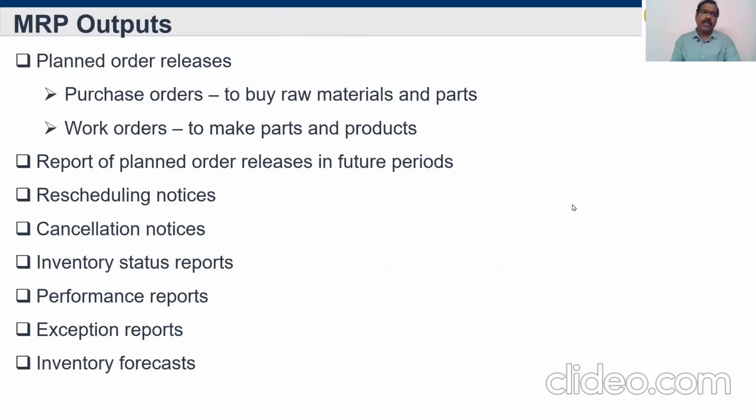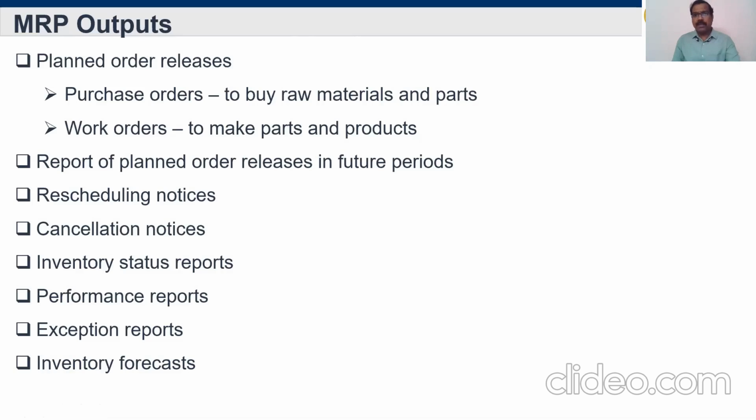Okay, so what outputs will come from MRP? Planned order releases, in terms of two. One is the purchase order. These are all the items we have to buy based on the aggregate production planning. They get it from the master production schedule. From the master production schedule, here in MRP, they create individual components and determine what is needed for the demand product, with a dedicated design. From that, they prepare a list of materials needed to make that particular component. Then they place the order. Then work orders also.